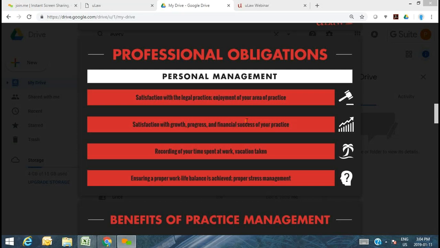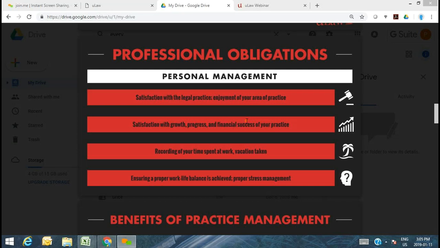If it's money, so really setting up those goals is very important for that individual personal management. If money is really your goal, then as I said, you need the right tools that can allow you to track, measure, and provide you with the data points that empower you to take proactive steps towards accomplishing that goal. If you don't have the right tools, then you're not going to be able to measure what's happening within your business, and that's just going to lead to frustration. So if money is the goal, have the right tools that can guide you to accomplish and achieve that goal, right? Just as an example.